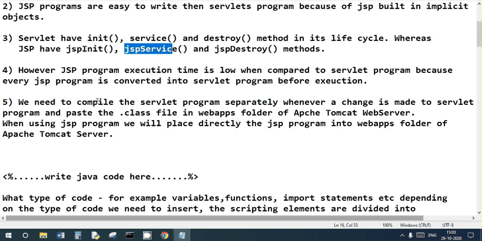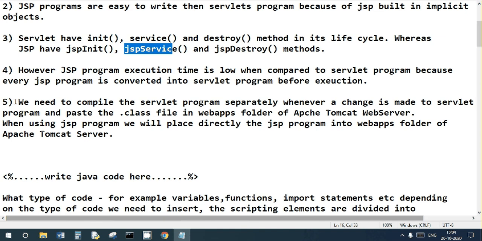While developing servlet programs, you have to write your Java program separately from the HTML, compile it separately, then copy your .class file and paste it in the Apache Tomcat web server's webapps folder.